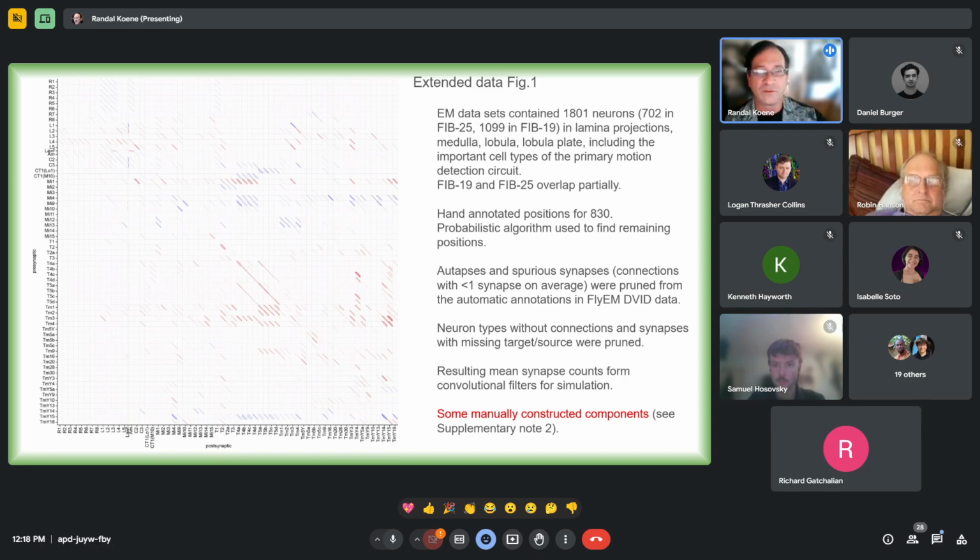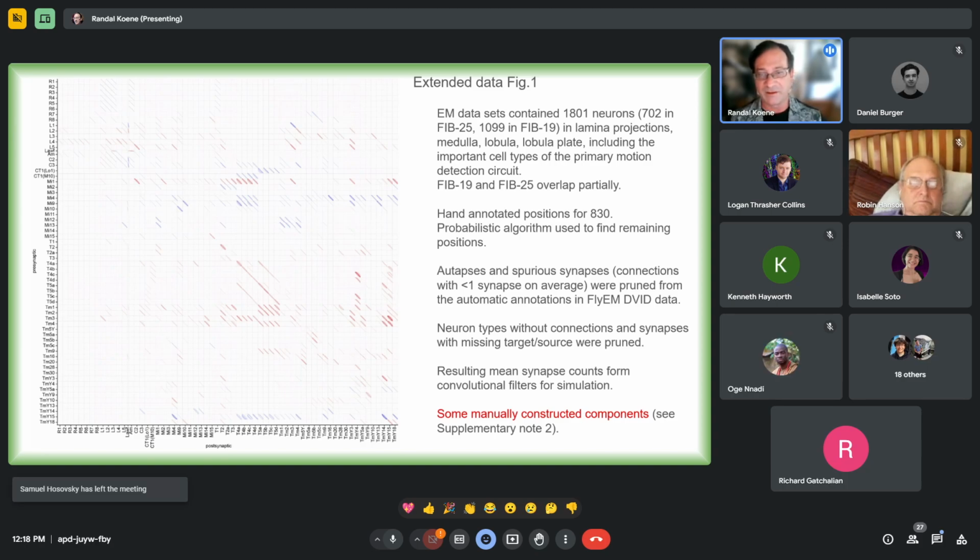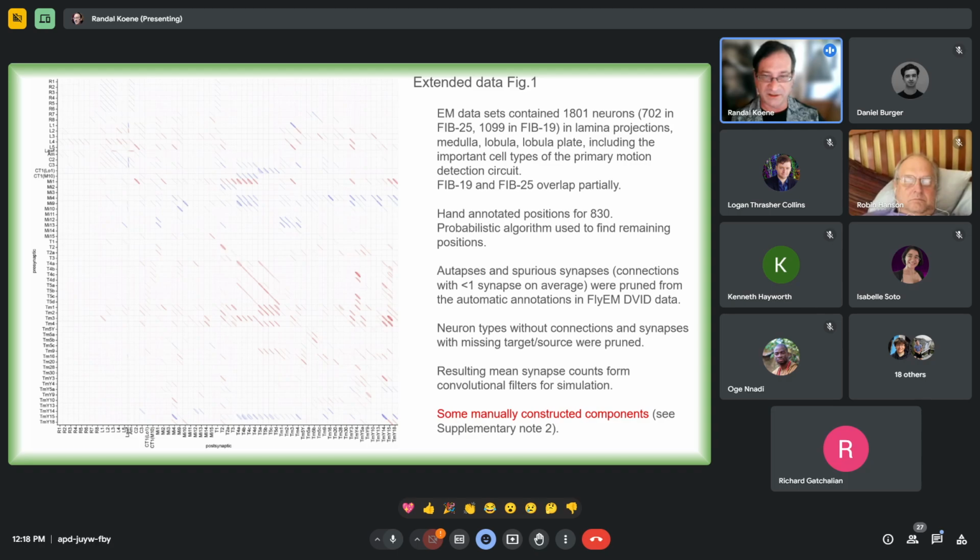That connectome was scrubbed a bit by pruning away autapses, so synapses from the neurons onto themselves, as well as spurious synapses and unconnected synapses in neurons. And then a number of components were added by manual construction using information from prior studies. Those things that were added manually include the lamina and ommatidia model, as those parts were not contained in FIB19 or FIB25. And also that single CT1 cell model, because that one was a bit different and it required,